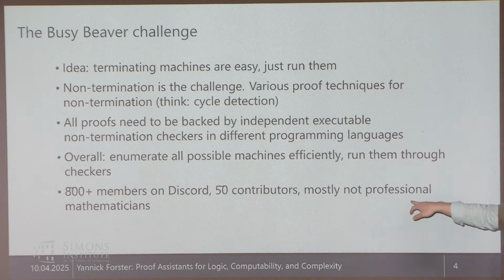The whole point was mostly, I'm saying mostly, but I think basically no professional mathematicians, in the sense of people who have a job that is connected to doing research math. Some of them were researchers, some academics, some maybe PhD students, but the most central contributors call themselves amateur mathematicians, as a positive word, people who like to do math in their free time. Right, now coming to proof assistants.